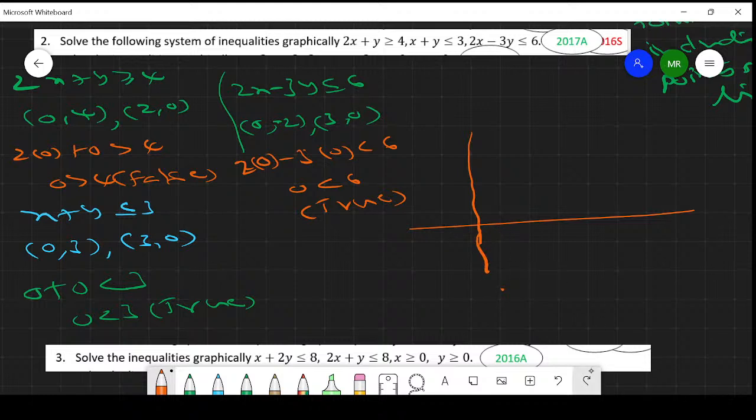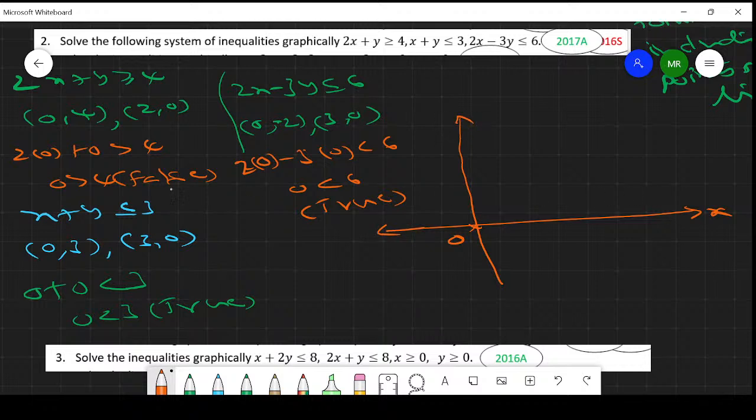You should draw a graph on the graph sheet perfectly. Consider this is origin,